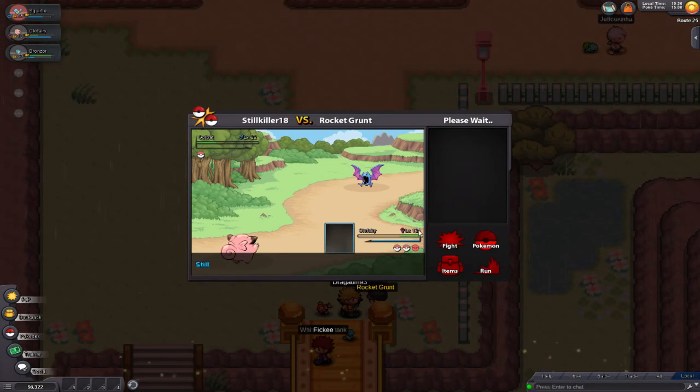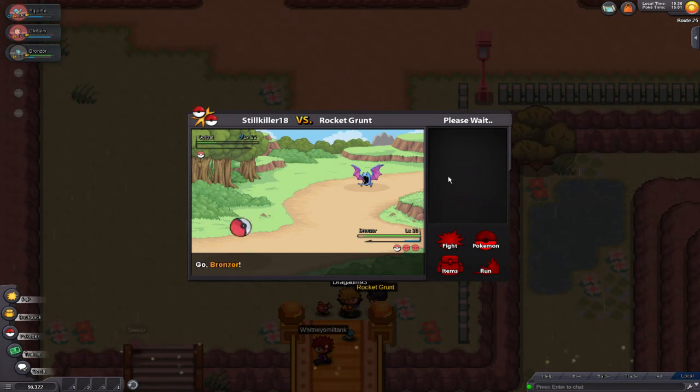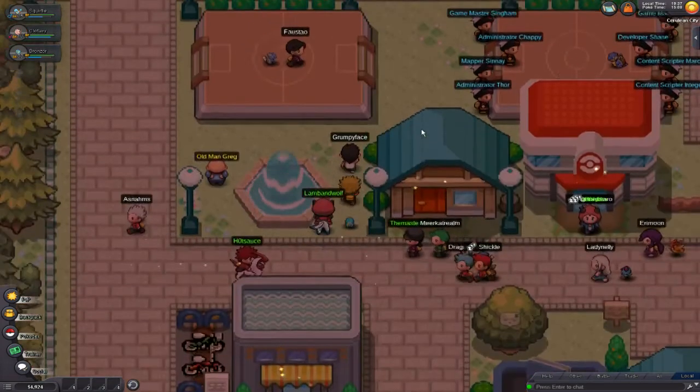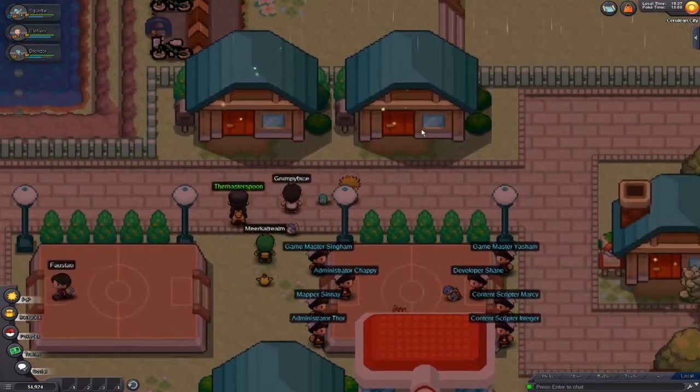I'm just going to sacrifice you to completely heal up Bronzor. Alright. I'm pretty sure Extra Sensory is super effective or something. Please don't flinch. Thank you. Woot! Wow, he got 2 levels off that. That's pretty funny. Alright, so after you beat him and healed up, you want to come back up here because